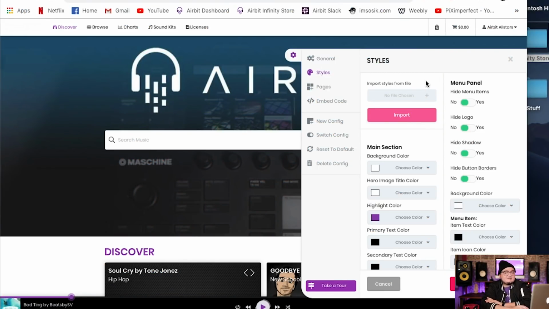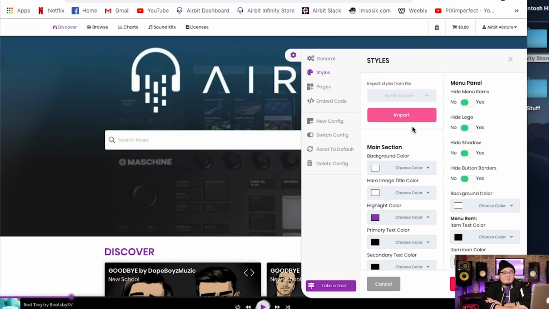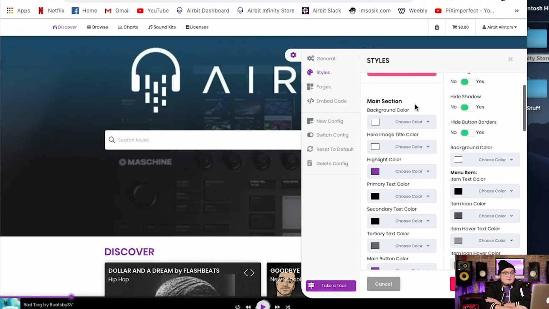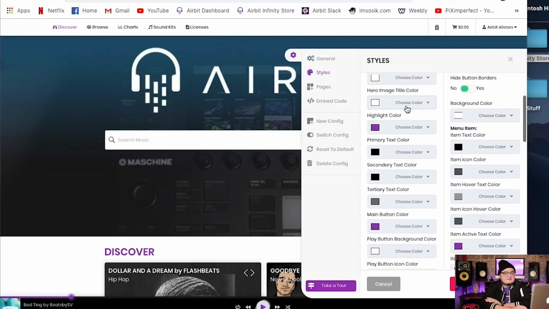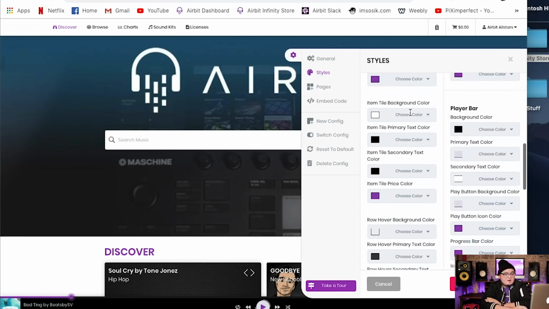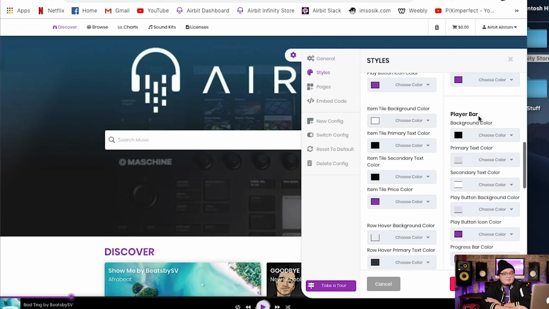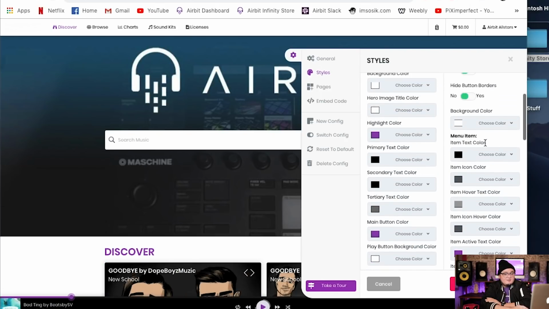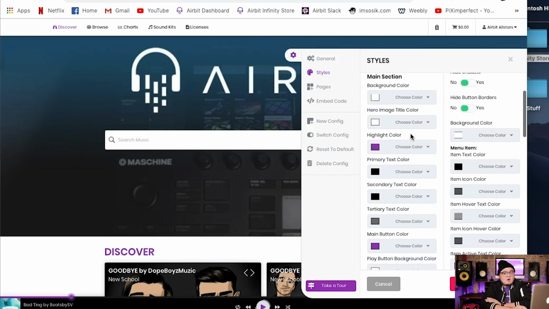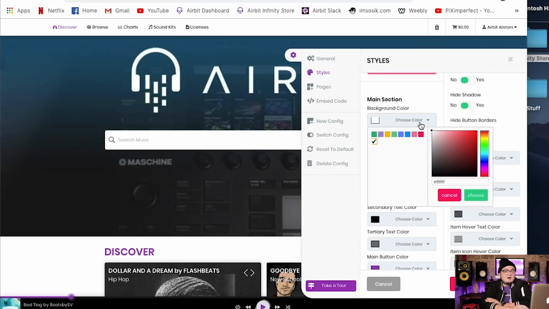Okay, we're here in the Styles tab, and I want you to see it's broken into 2 different columns. And at the very top, it has an import button, but we'll get to that towards the end of this part. But if you see here, there's a lot of sections. We have a section called main section. We have another one called text and input fields. We've got one called the player bar, menu item, and under each one there's various sub boxes with drop down